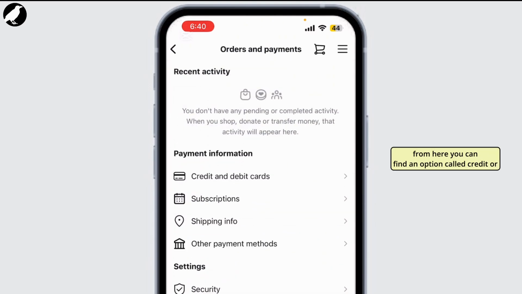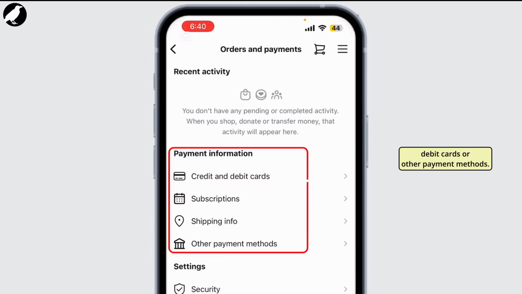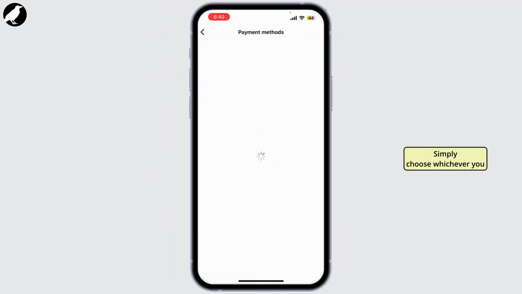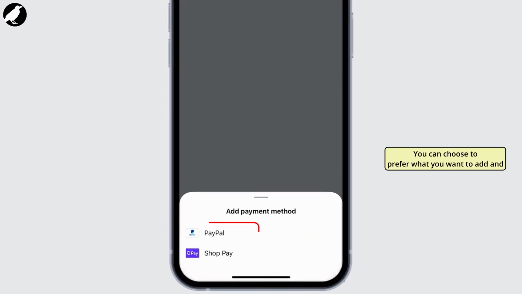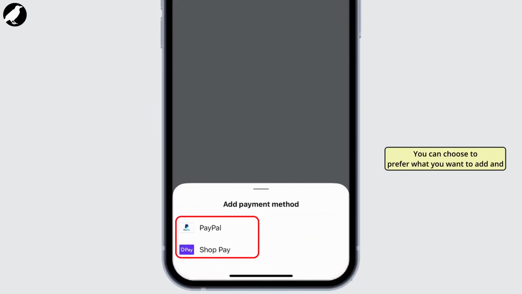From here you can find an option called credit or debit cards or other payment methods. Simply choose whichever you prefer. Tap on add payment method. You can choose what you want to add, and from there, once you've added it,